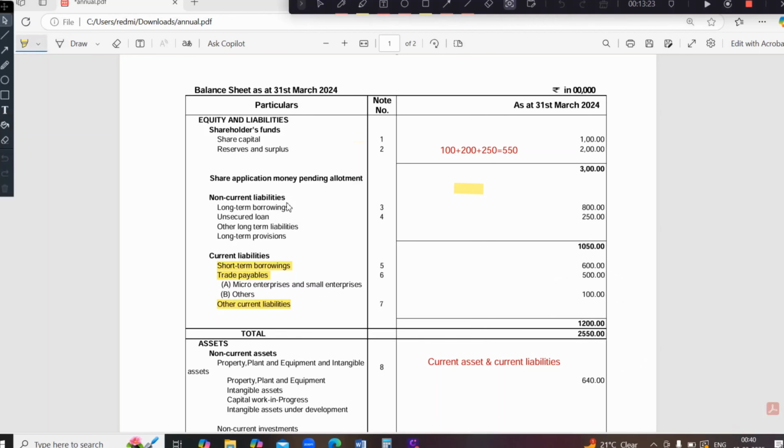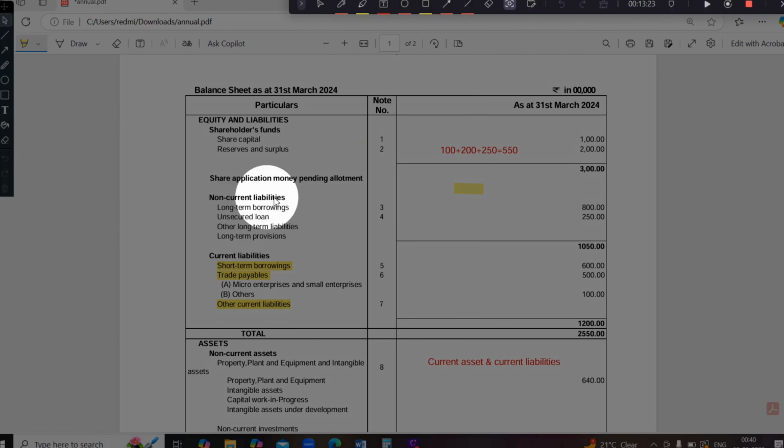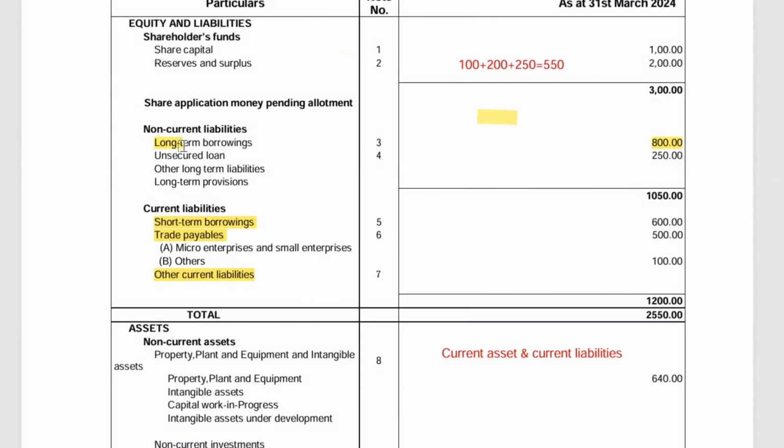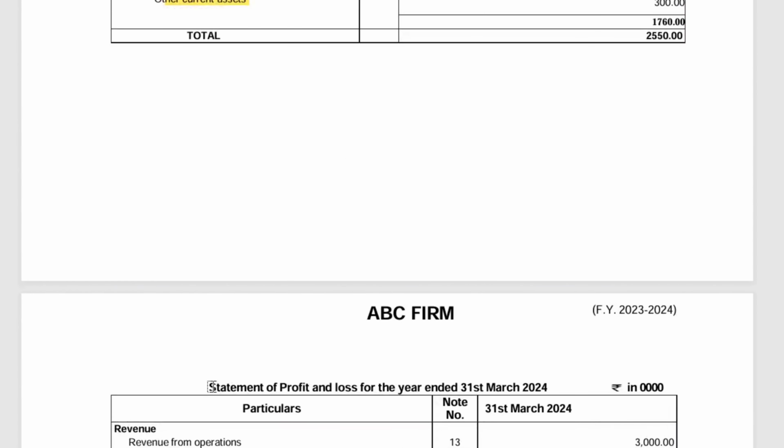Apart from it, the one-year installment of the principal amount of the secured loan taken by the firm would also be part of the current liability. Here you must be thinking why we are considering only the principal amount, why we are not considering the interest amount charged on the loans. I tell you why. Because it is a part of the profit and loss account. So it is considered as expenses, right?